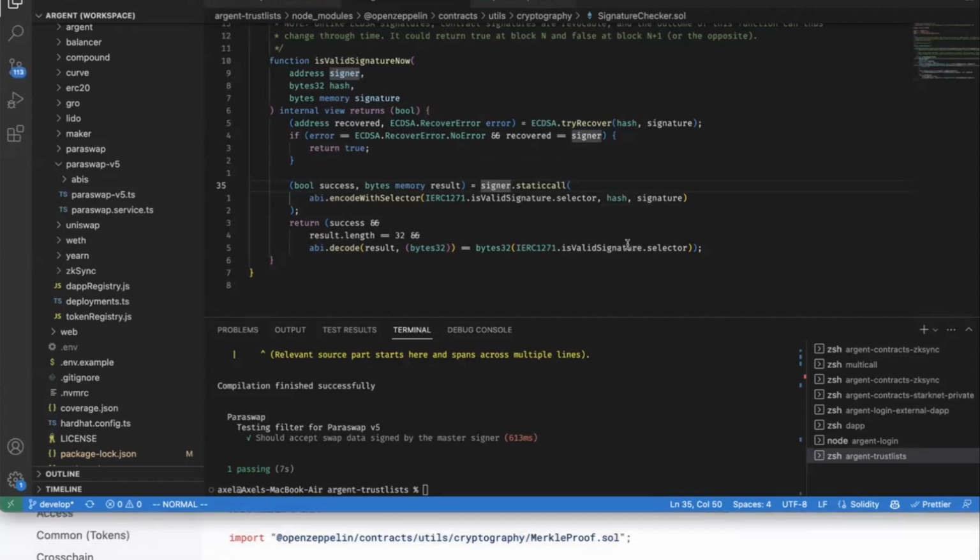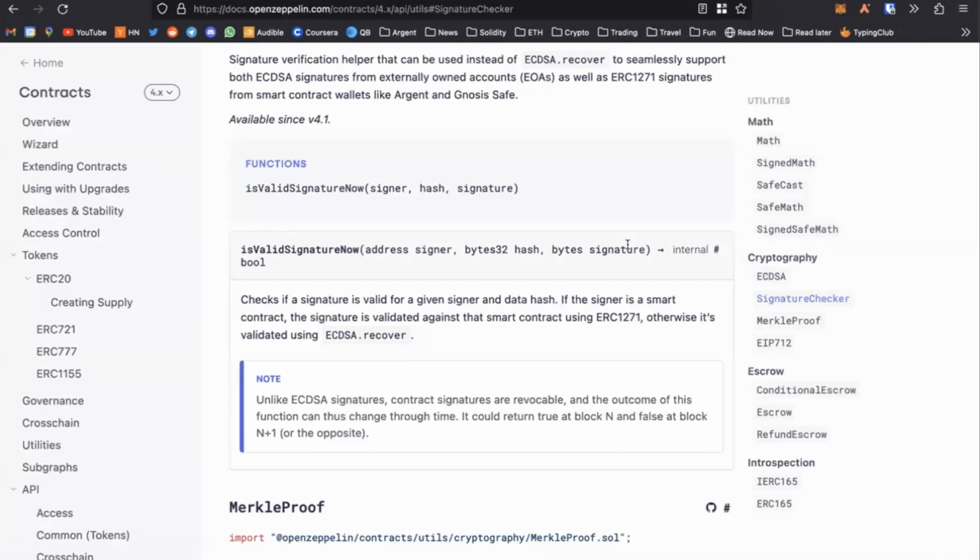So that's kind of the biggest thing to be thinking about when developing an app or something else. Whenever you have a user, an actual account person doing a trade, whenever you get a signature from them, you have to use this method instead of EC recover.